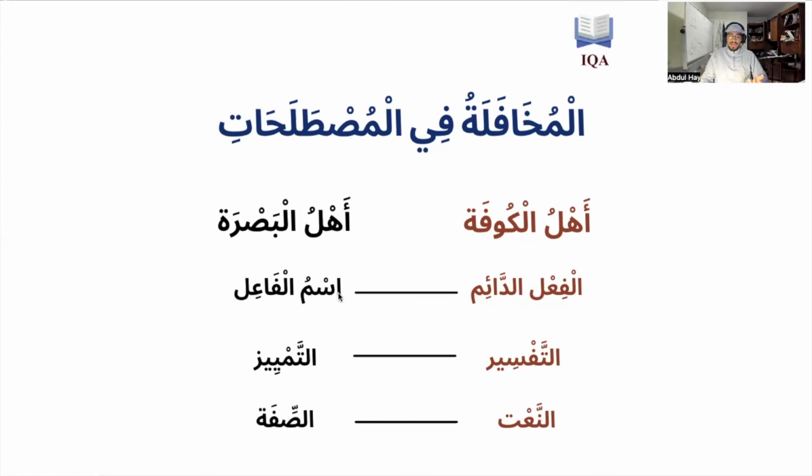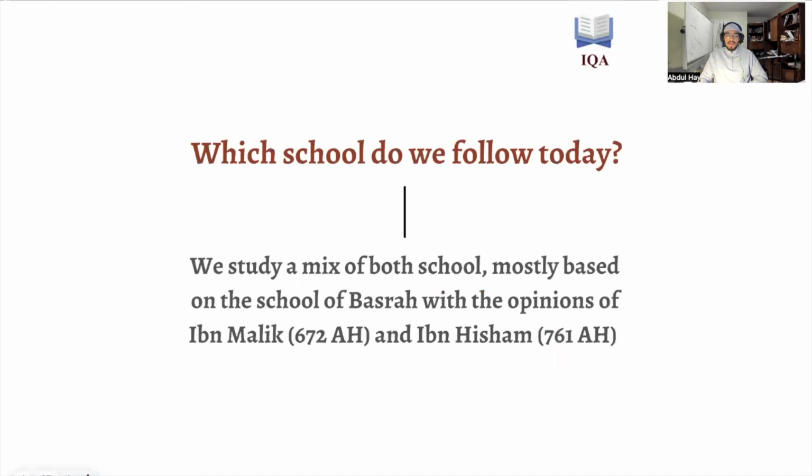Another example, ism fa'al. So Ahl Kufa referred to ism fa'al as al-fi'lu da'im. So obviously, usually we go to the terminology of Ahl Basra, but as you can say, for example, sifa and na'at, usually nowadays we say na'at wal man'ut. So this is an example where certain terminology of Kufa we still use today, but the majority we take from Ahl Basra. So this is an example of al-mukhalafatu fi al-mustalahat.